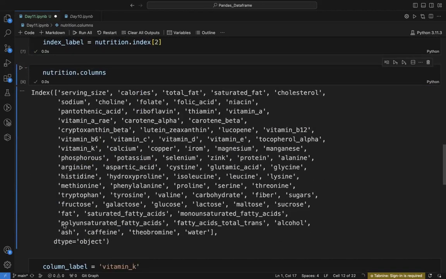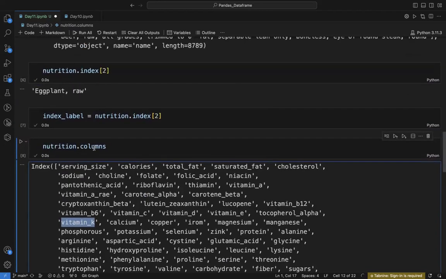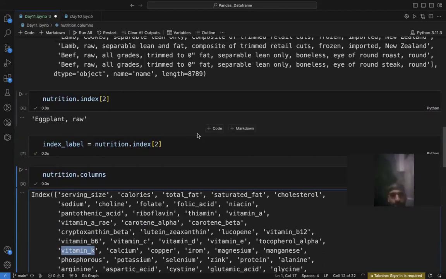Can you see vitamin K is here? Vitamin K is present in my column, but I don't know what its position is. But this time, what actually I am doing,